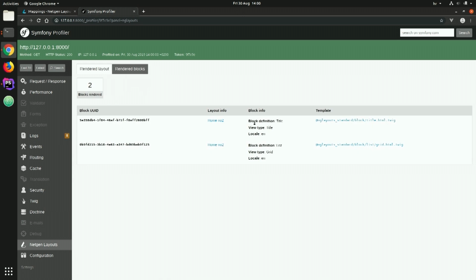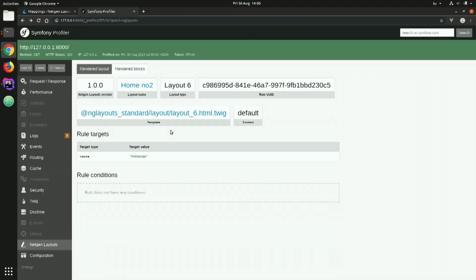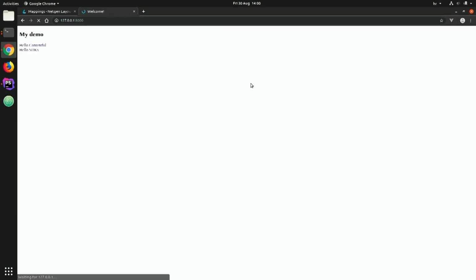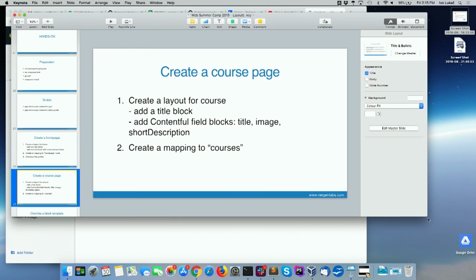You will also see all the information from the blocks that we use, and also which templates were used for each block. And when we click, you can see the template that was responsible for that. Okay, that was fun. So let's advance. So what we will do next is